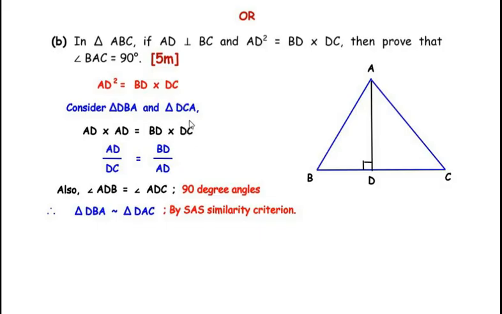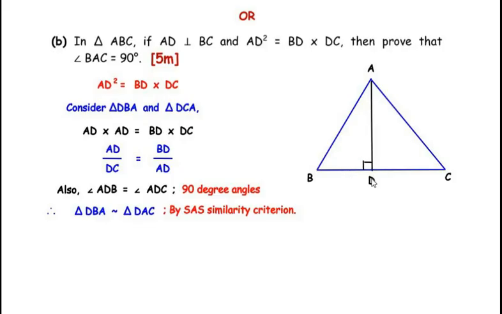Now in the next step, we have taken DC on the left hand side, and at the same time, we have taken one of the AD on the right hand side. So we get AD over DC is equal to BD over AD. Now let us see if there are any angles which are equal in both of these triangles. So here we can see that angle D is a common angle between these two triangles, and it is 90